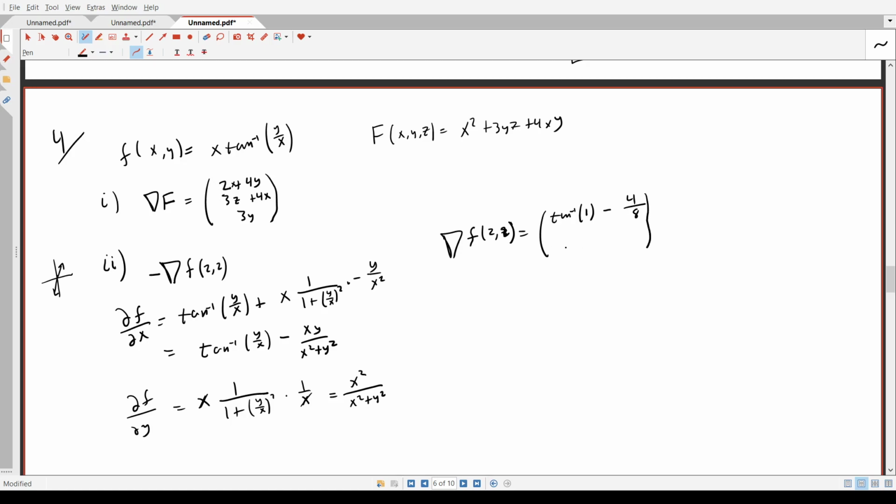And then here I have 2 squared, that's 4 over 8. So negative gradient f at 2, 2. So the inverse tangent of what? That's pi over 4? Yeah,